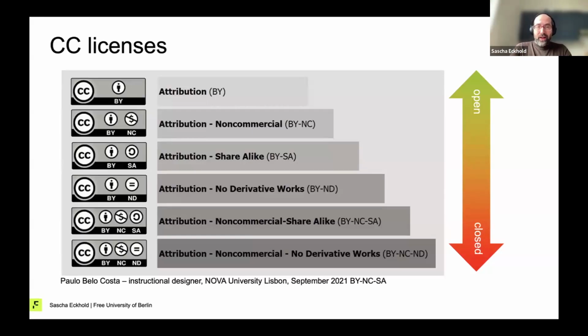And every single one of these licenses has its use cases. It's not that the CC BY license is the best and the license at the bottom here is bad. It's just the use case that you need to consider when you apply these licenses. Which of these licenses are considered OER or suitable for OER? Well, that's a discussion that will never be finished, but a lot of people say, let's stop at attribution share alike, which means